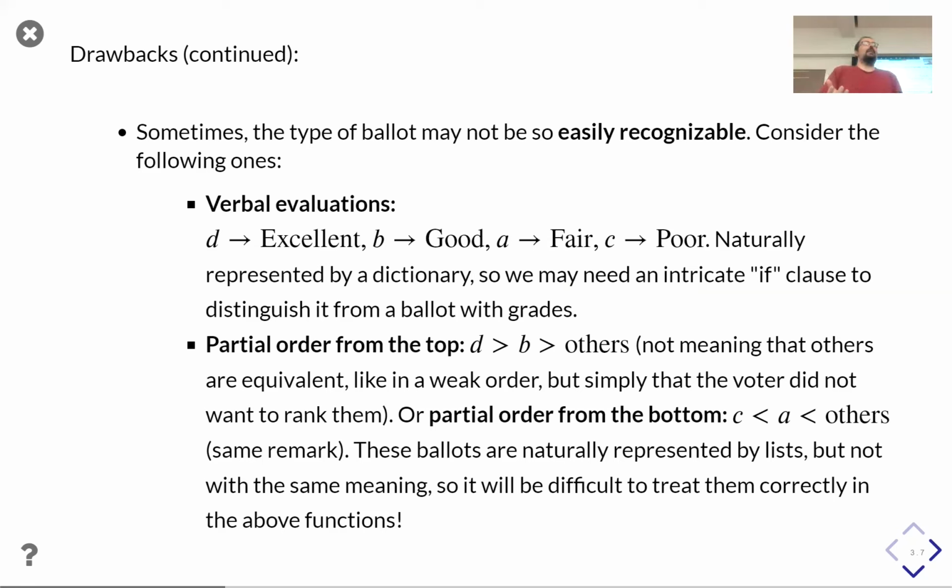Naturally, you would tend to represent this kind of ballot as lists, but these lists are not interpreted the same way at all as the lists that you used before for weak orders or for linear orders. And in fact, from the type of the internal representation of the ballot, you cannot deduce what is meant, and you can only know if it belongs to a class.